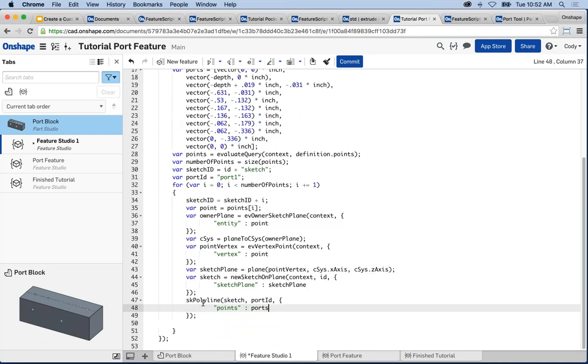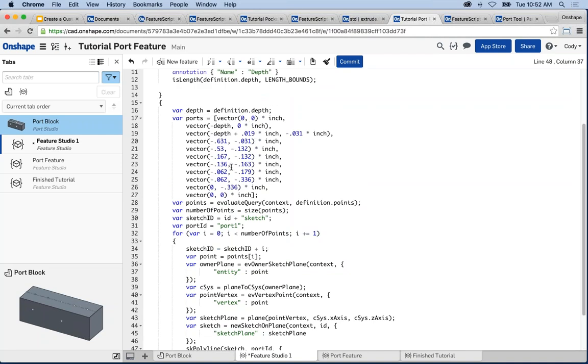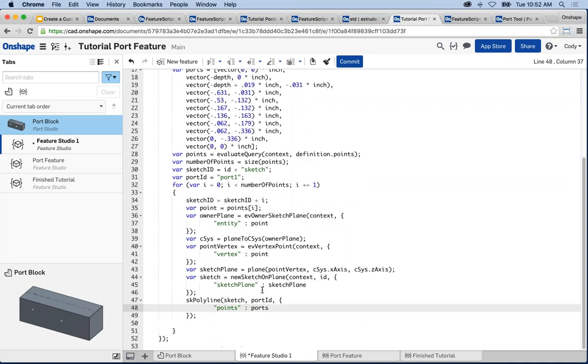Right, so I can say sketch polyline, the sketch variable, which is the new sketch we created. This is the name of the sketch polyline, sketch between all these points. Okay, so real simple, and that will actually construct a closed revolve profile of my port. And it's just going to construct lines between each one of these vector values in the array. Okay. All right, so moving on, let's get into